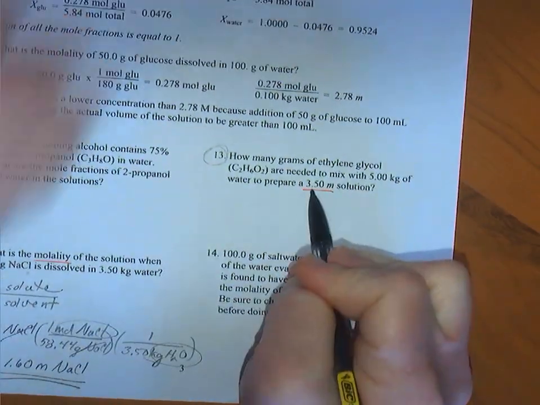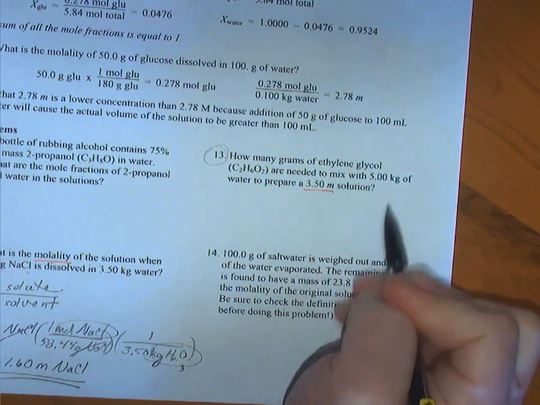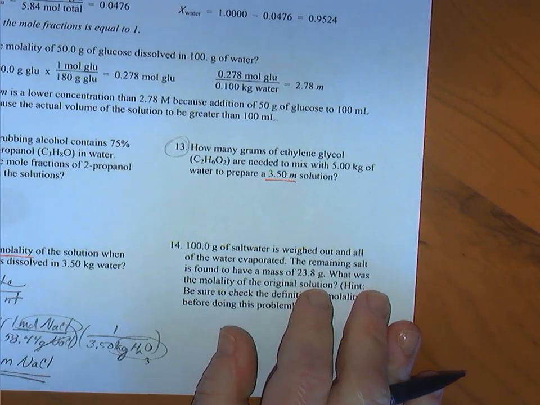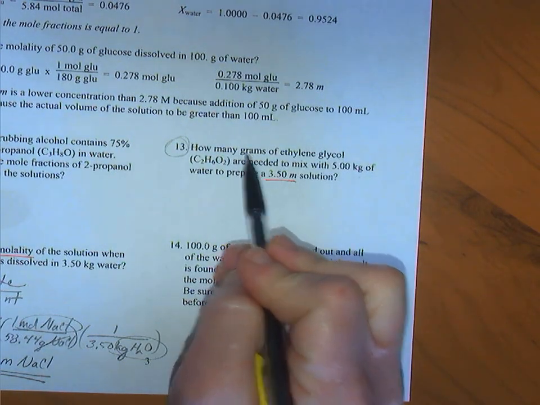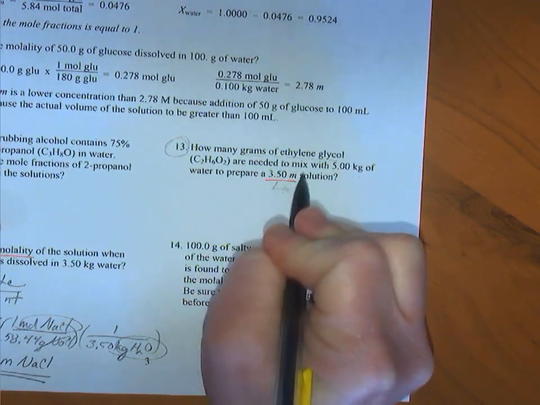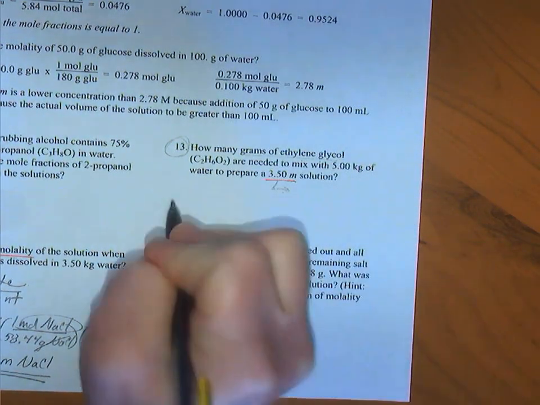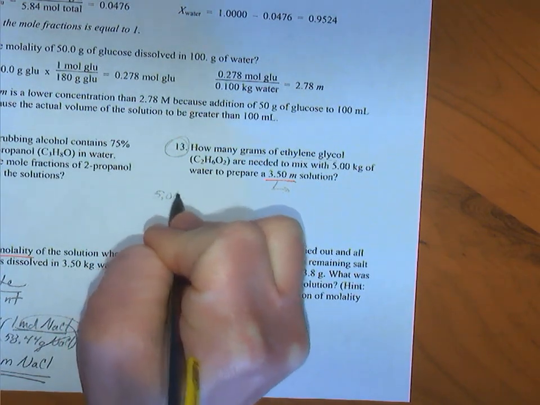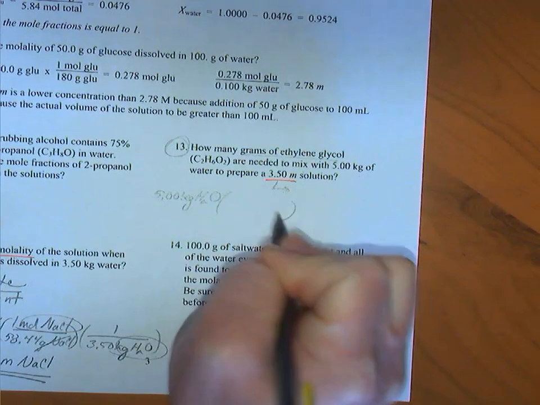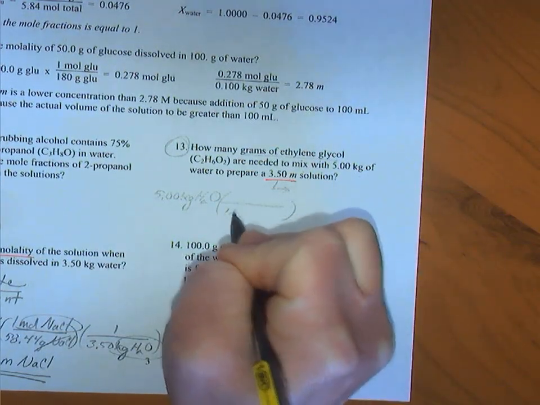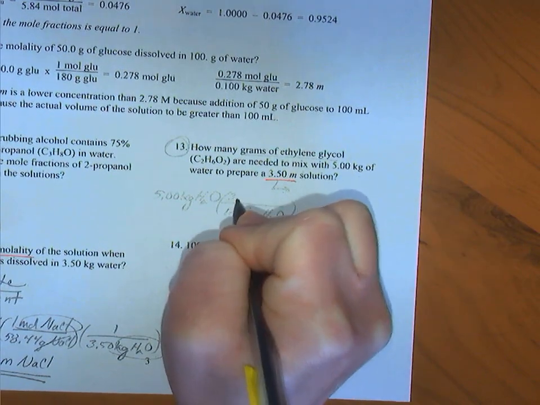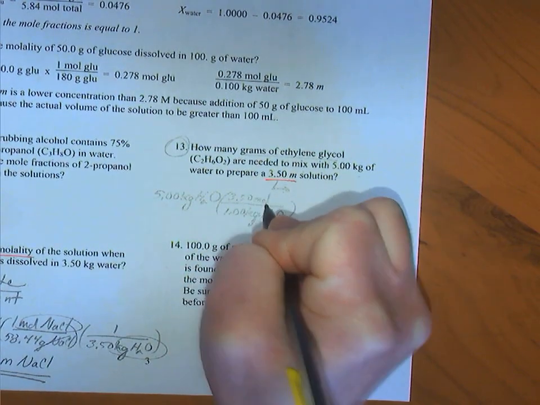Okay, what if we're given the concentration in molality and then the mass of our solvent? We want grams of ethylene glycol. Now we know that we can express this as a conversion factor. So I'm going to start with my kilograms of solvent. And I know, expressing this, every 1 kilogram of solvent, which is water here, I have 3.50 moles of ethylene glycol,